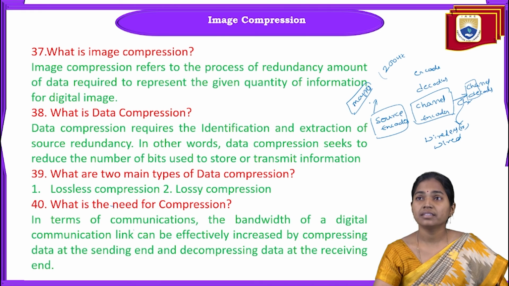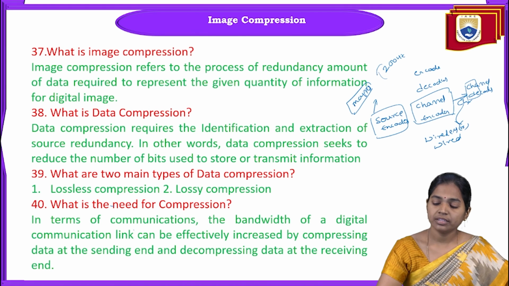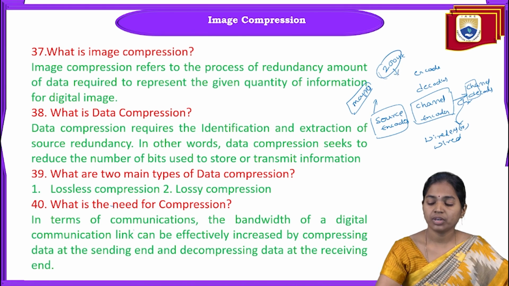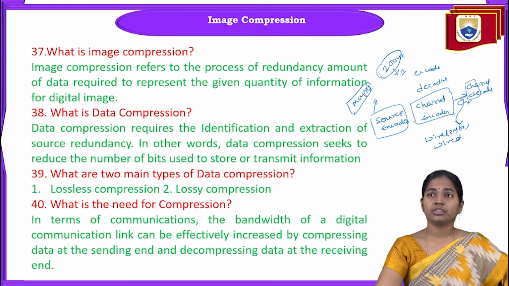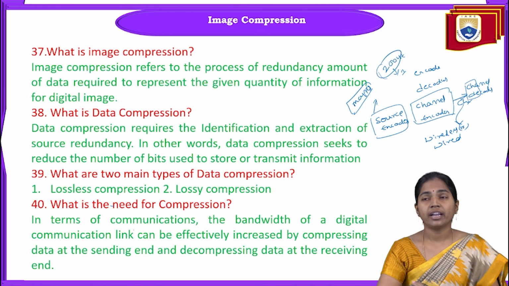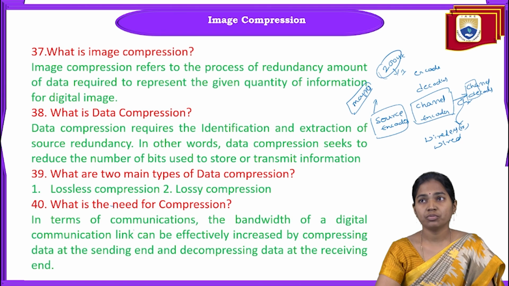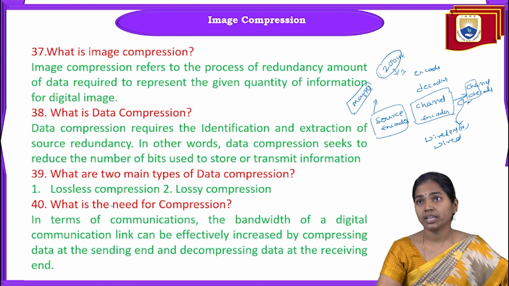If I transmit the original data from source to destination, I require 200 Hz or 300 Hz bandwidth. After compression, the image size is reduced, the number of bits used in each image is reduced, and bandwidth utilization is also reduced. In this 200 Hz I transmit only one image, but with compression we can transmit two images with this bandwidth. So with compression we can transmit our original information from source to destination without any loss.